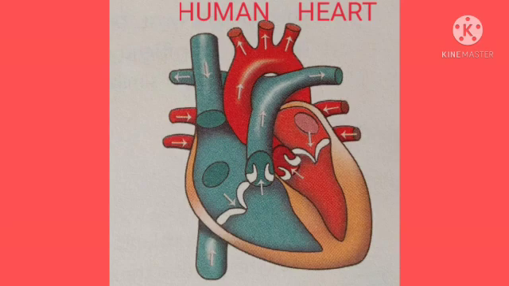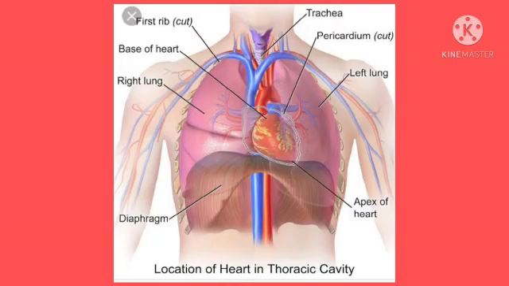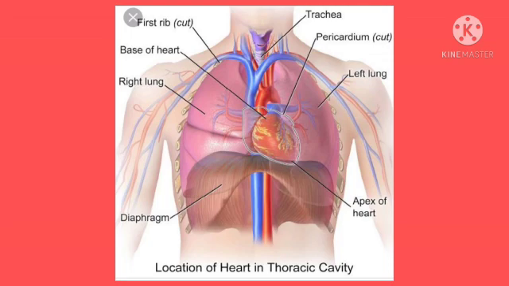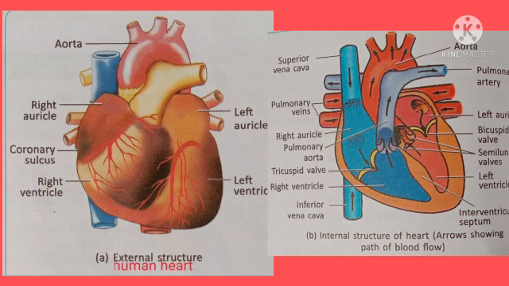The heart is a pear-shaped muscular organ located in the chest cavity, the size of our clenched fist. An adult heart is about 12 centimeter in length and 9 centimeter in breadth, weighs about 300 gram. The walls of the heart are made up of cardiac muscles, and the heart lies enclosed in a double layered sac called pericardium with pericardial fluid. The fluid and the membrane protects the heart from shocks and jerks during contraction.